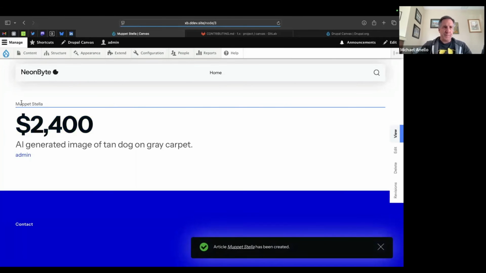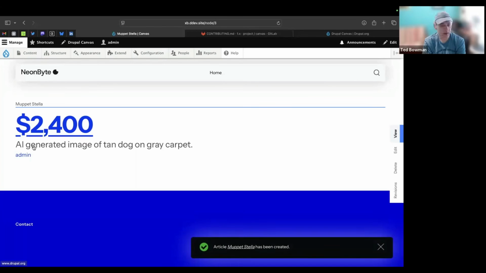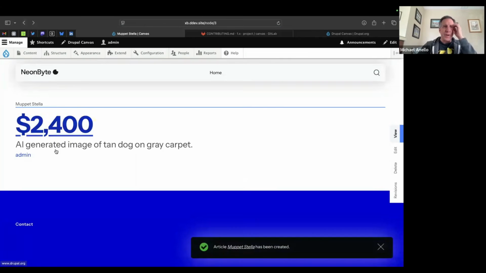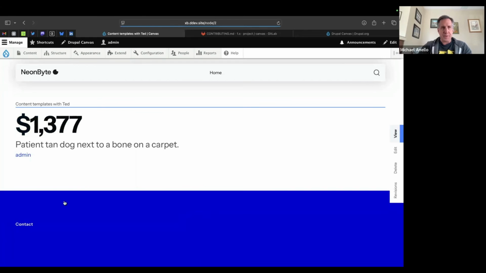So this was our heading that we created. This was hard-coded. That's the alt text of the image. Oh, of the media image? I think of the regular image. I'm not sure. I saw there was an option to do both. Yeah, the regular image though was AI generated image. Oh, that is right. I'm sorry. I was expecting to see the close-up one. Okay, no, so all right. So that's one of our nodes, and then our other node is